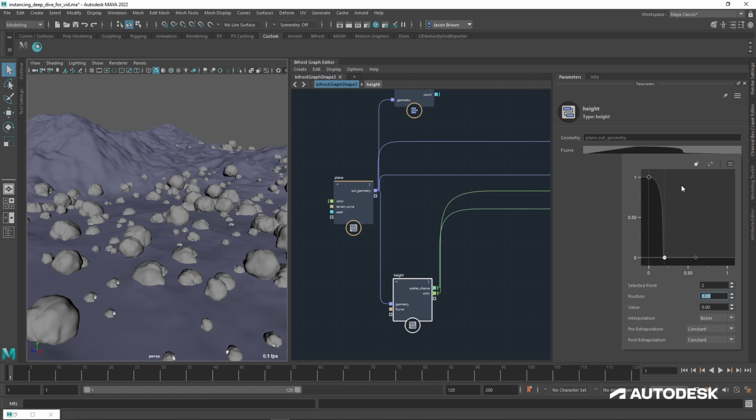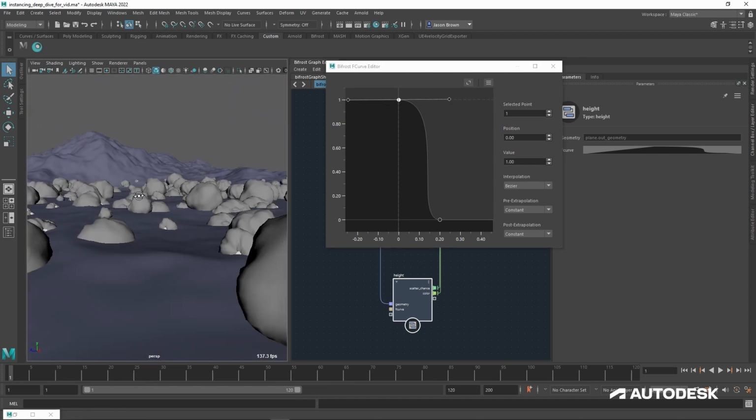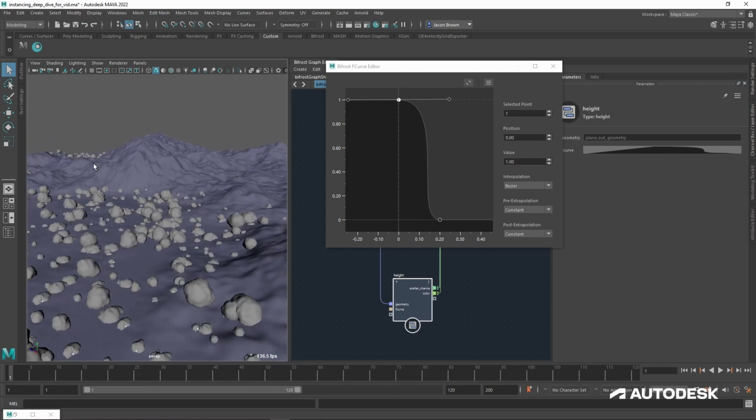There we go. And now if I just frame that, I'll pop it out too. We'll just frame that curve. You can see that it's probably going to need a little bit of adjustment here. Just a little bit. To not have quite such a precipitous drop. It's looking pretty good to me. I mean, the rocks are a little big for the landscape. If I was to put my VFX supervisor hat on, I'd have some things to say. But as a demonstration, it's working very well.